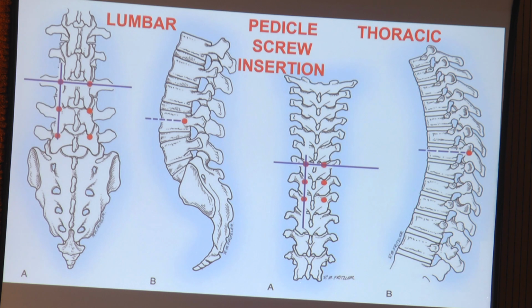In lumbar spine, we have 3 ways in how we pass a pedicle screw. The one which I call the bisector technique, wherein the intersection of, what is this? Which line is this? It was told to us on rounds. Which line is this? Sir, the vertical line is through the superior facet. Right. And sir, the vertical line is through mid-transverse. Very good. So this is the bisector principle by which we pass the pedicle screw in the lumbar vertebra. And the same thing you are following in thoracic vertebra.